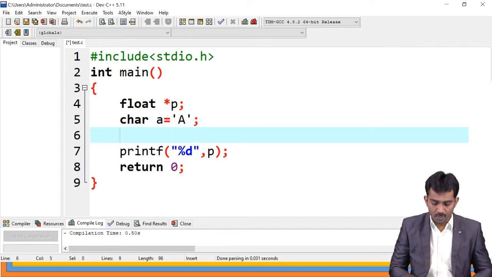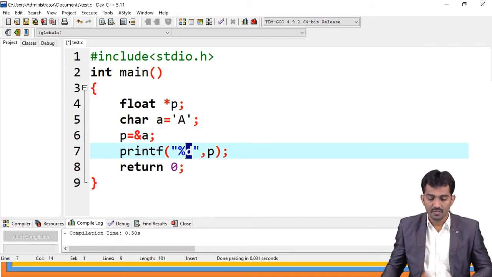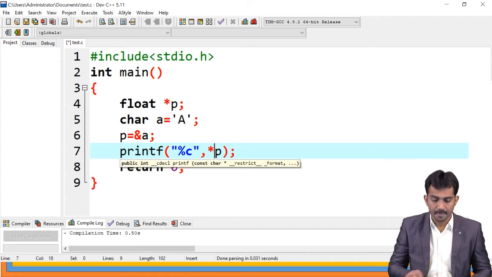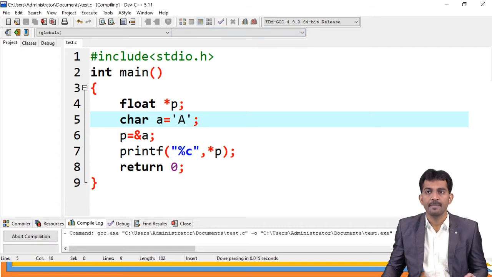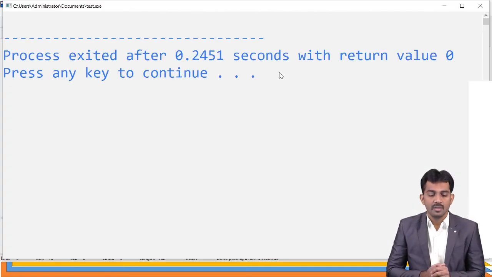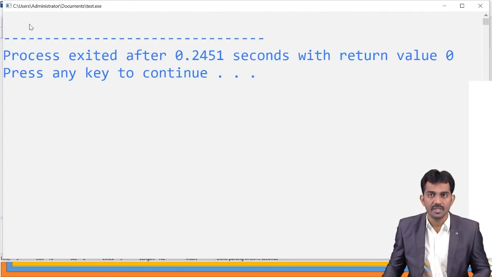After that, what I'm going to do is p equal to &a. Here if you use printf with *p, now see what is the output we're going to get here. It's empty, right? The output is empty. Why is the output empty?